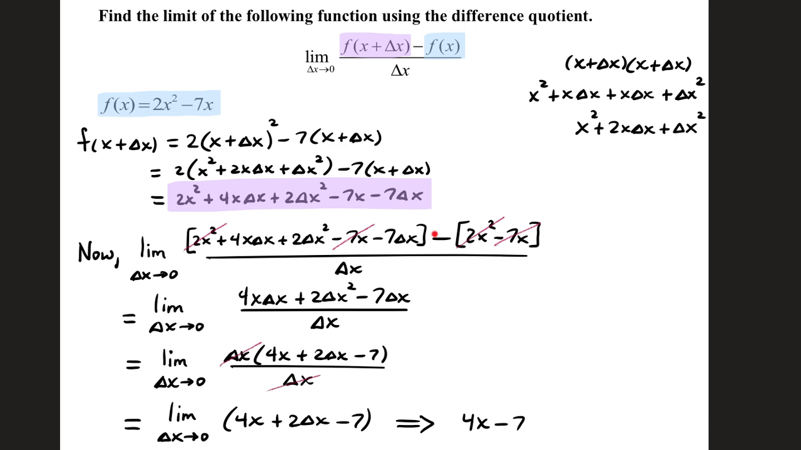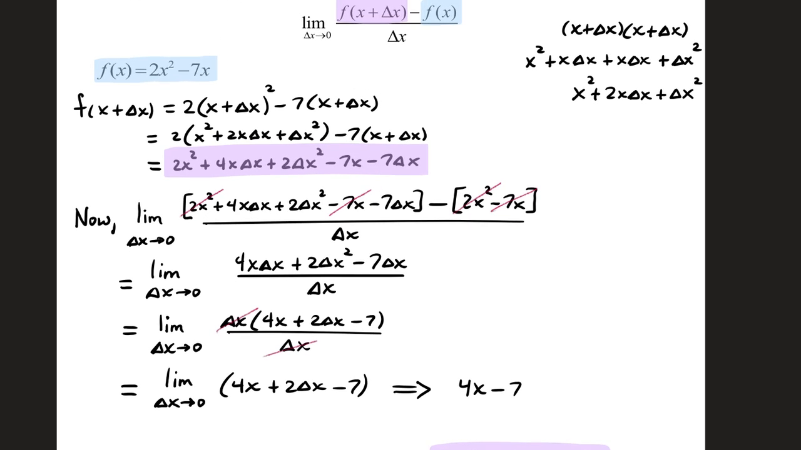2x squared minus 2x squared goes to 0. Negative 7x minus negative 7x also goes to 0. The remaining terms in the numerator are 4x delta x plus 2 delta x squared minus 7 delta x. Our denominator is delta x. Factor a delta x out of all three terms in the numerator, and that leaves behind 4x plus 2 delta x minus 7. Cancel those delta x's, and you have the limit as delta x approaches 0 for 4x plus 2